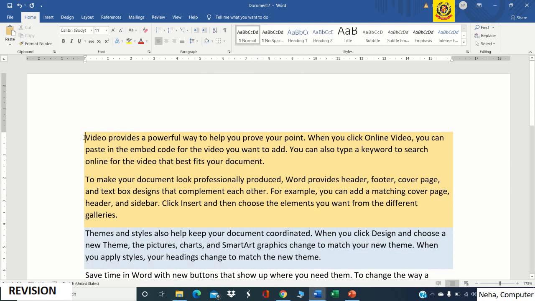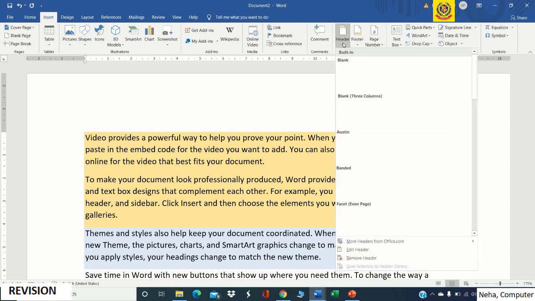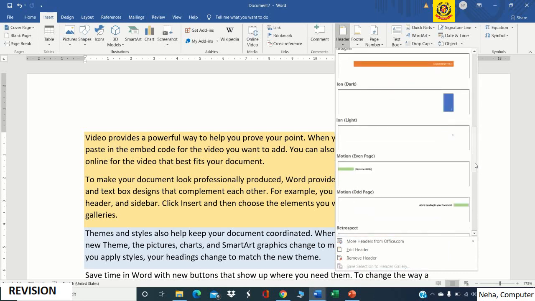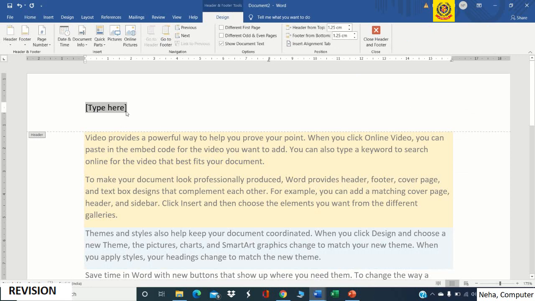Now to add the header and footer, go to the insert tab, and there we'll find a header option. Click on it, and we have different types of headers which we can insert in the document. Here, let's take the first one, and if we want, we can add the text whichever way is suitable to the document. Like if it is about videos and themes, we can name it in such a way. So in this way we can add the header.